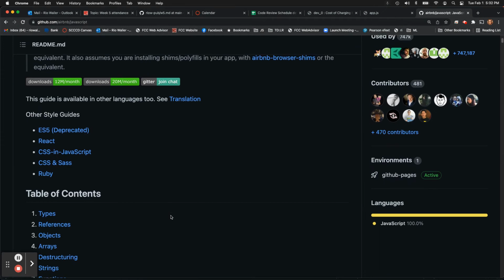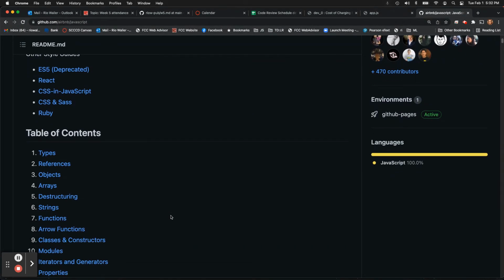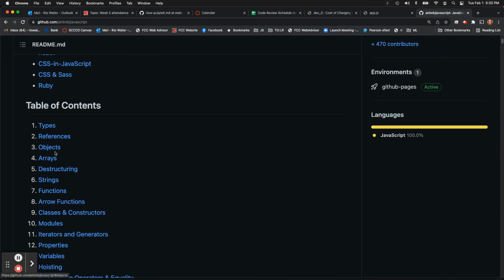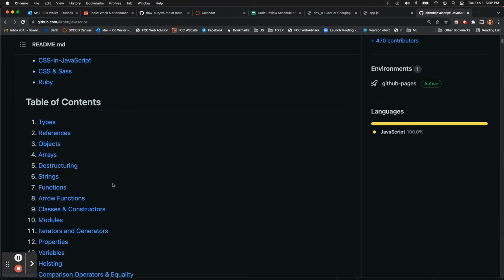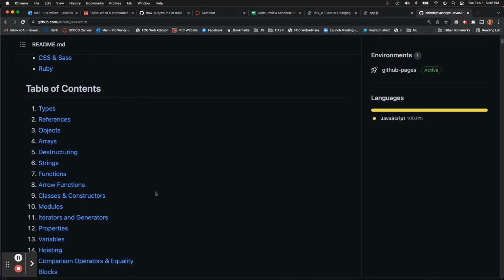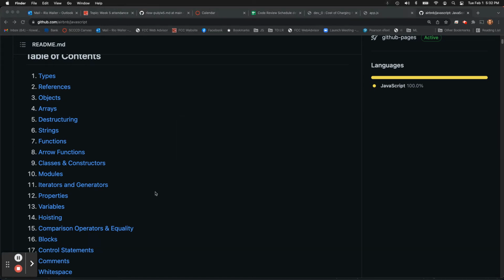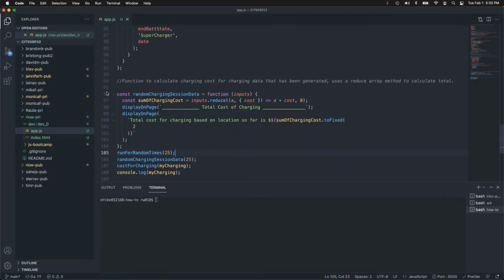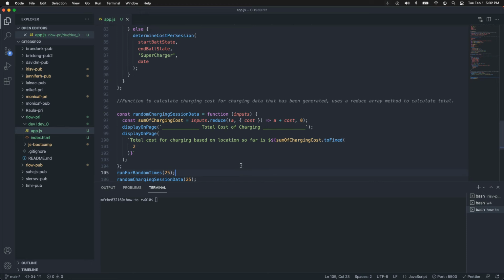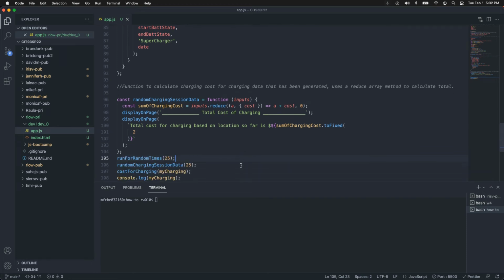It breaks it down by the table of contents. So here's the kind of stuff you want. Functions, right? We use named functions in this class, so that's the other thing: your functions are named. You don't start it with an anonymous function. It's just a safer way to do it.